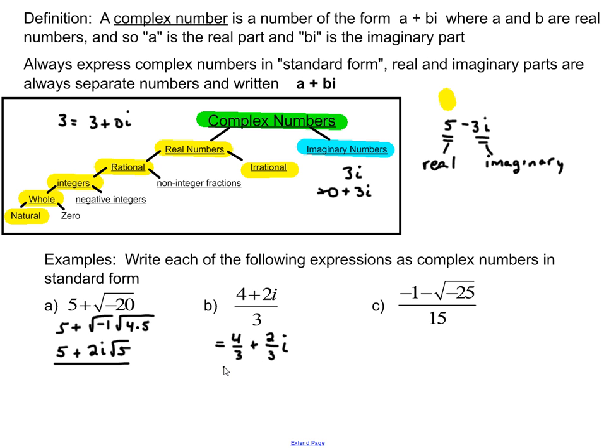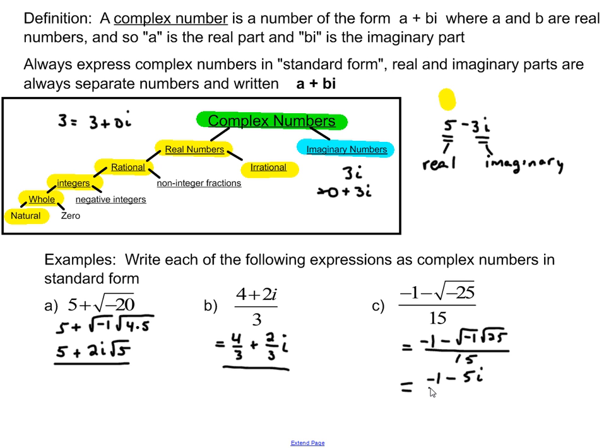As a complex number in standard form, we mean a real part and a completely separate imaginary part. All right, well, let's talk about this last one. How about C? Well, if we take this, we're going to get negative 1 in the numerator, and we're going to be subtracting the square root of negative 25. Well, as we now know, that's negative 1, and the square root of 25 is 5. So when we reduce this over 15, pardon me, we're going to have negative 1 minus 5i